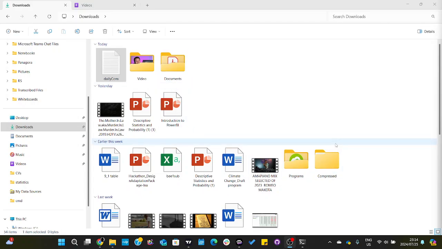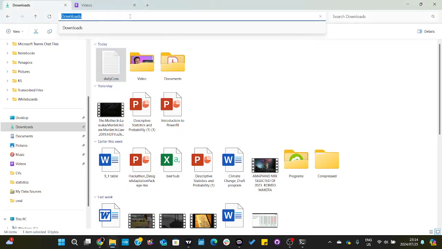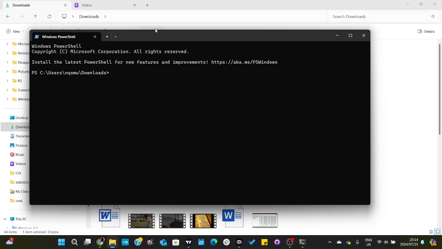Hi guys, so today I'm going to show you how to move a file from one directory to another. So here I'm in the downloads directory. I'm going to click here and type PowerShell to open the command interface and type